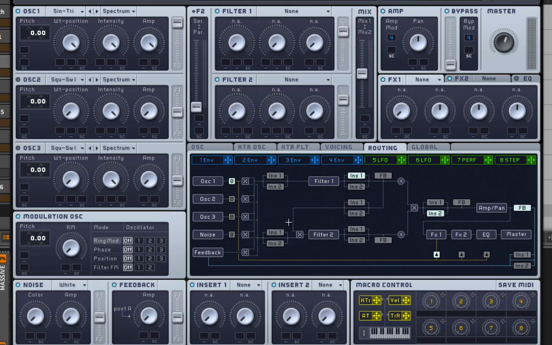What I'm going to do next is add one of these insert effects. That's what this INS1 stands for, and we can find it down here at the bottom. We'll also experiment with feedback in a little while. But I'm going to choose the hard clipper because I know this one is going to give me some overtones that we can easily hear. Right, like so. So what this readout is telling me right now, and I'll leave it up to you to experiment with these things further, is that the insert effect is falling after the